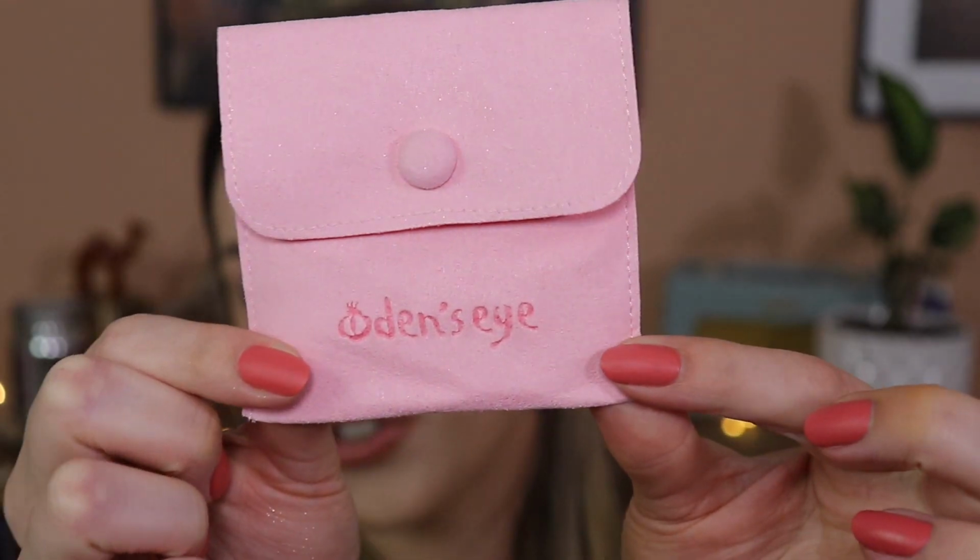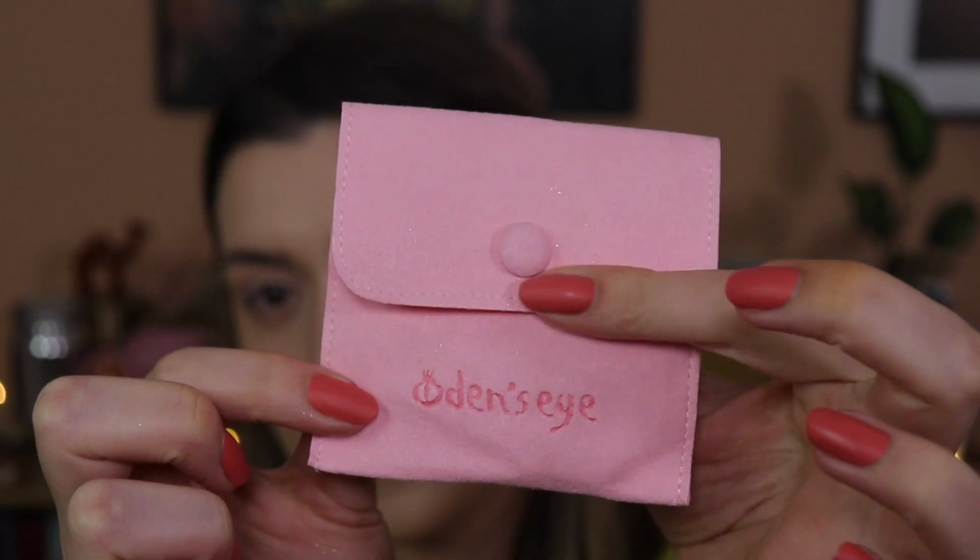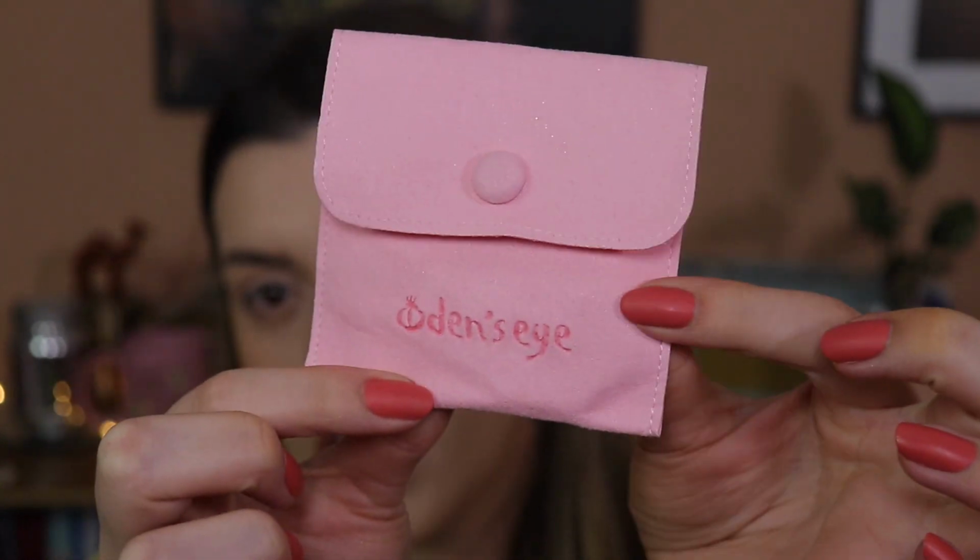But each of the jewellery pouches look really lovely. They're kind of like this faux suede material. And the button's really cute. It's like a little popper. It has Oden's Eye written on it. It's just really well done. I'm going to put some of this jewellery in to complete the vibe,